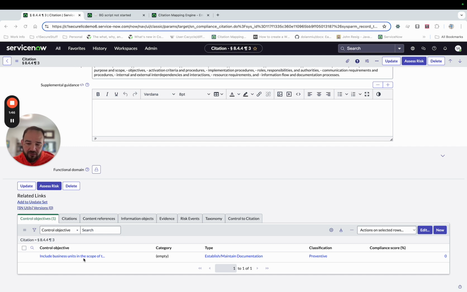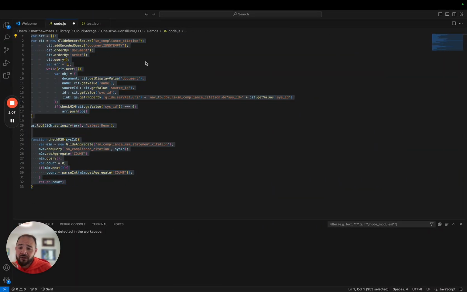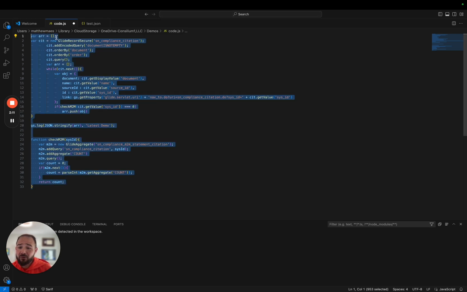From the developer perspective, if your customer asks you for this information, that's not really straightforward. How do you go filter on nothing? So we're going to do a quick little background script that will pull this out. I'm going to jump over to Visual Studio and show the script that I put together. First thing I'm going to do is set up an array to capture data, and then I'm going to query the